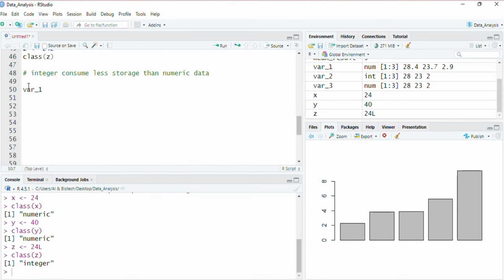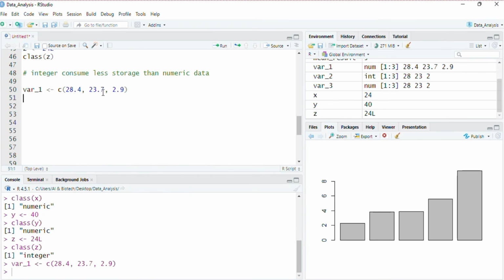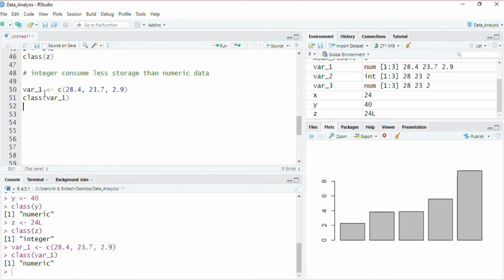Let's create a variable 1 with numeric data with a decimal point. Let's check the class of variable 1. This is a numeric class. Convert this numeric class to an integer.